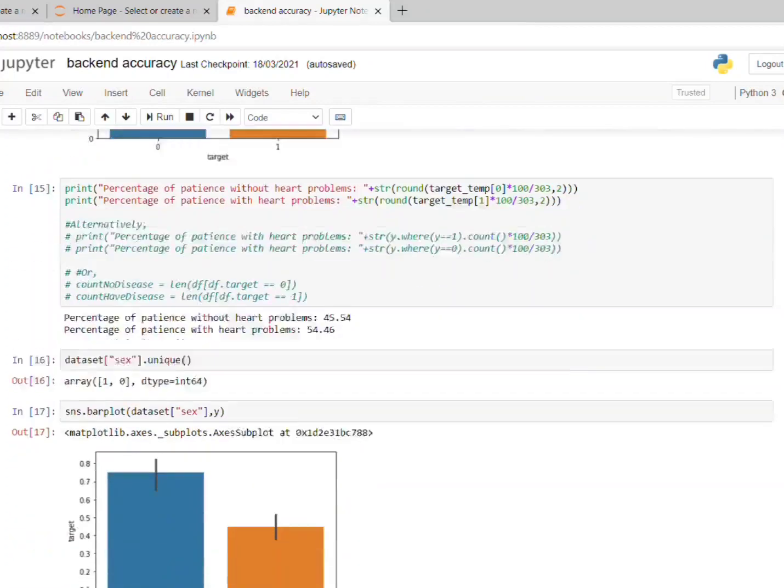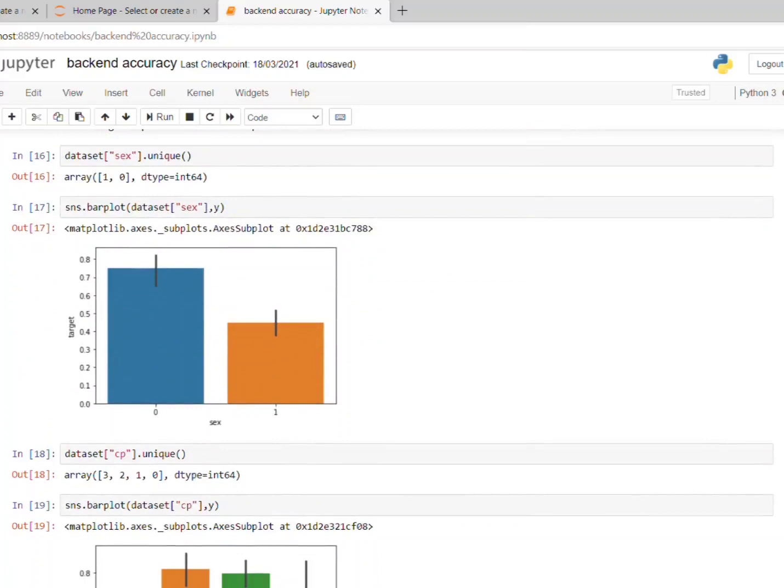And here when you see this graph, sns dot bar plot dataset sex comma y, the bar plot shows the count of observations in each categorical bin using bars. Here we can see that the number of females is less as compared to the number of males. And in this bar plot, 1 is denoted as the number of males, and 0 is denoted as the number of females. And here the bar plot represents the central tendency for the numerical value with the height of each rectangle and provides some indication.